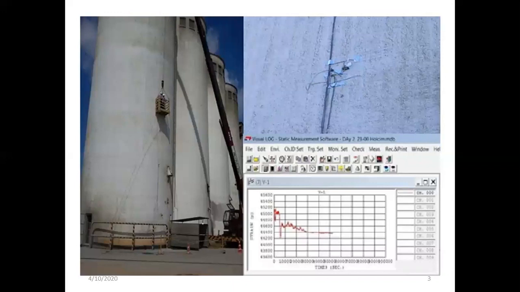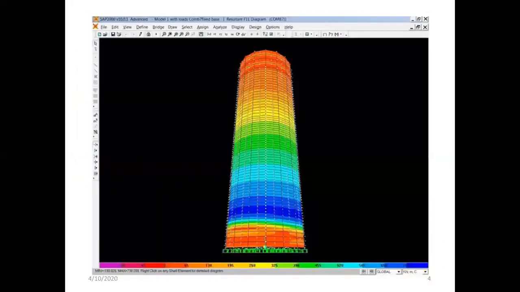Let us see some examples. This is a tower. Experimental work has been done in this tower to measure different parameters at the University of Peradeniya, and a similar model is then developed as a finite element model in a particular software, and the different colors show the different stress values developed. So we can perform experiments as well as analysis in the software.